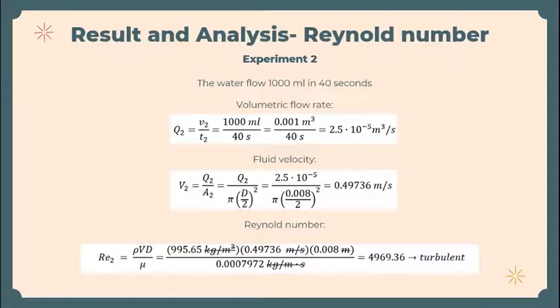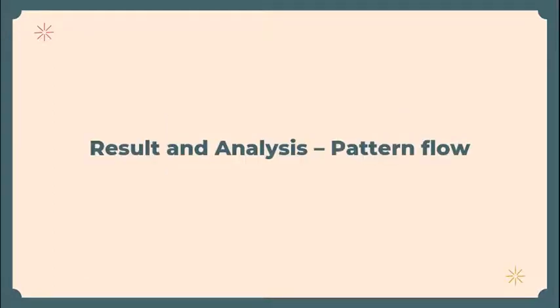Here is experiment 2 of Reynolds number. Here, I open the faucet wider than in the first experiment. Then the 1000 milliliters of water can flow in 40 seconds. The volumetric flow rate and fluid velocity are as shown here. Calculating the Reynolds number by using this equation, I obtain this value. Because this value is more than 4000, the type of flow in this experiment is turbulent. Next, I will show you some video about the